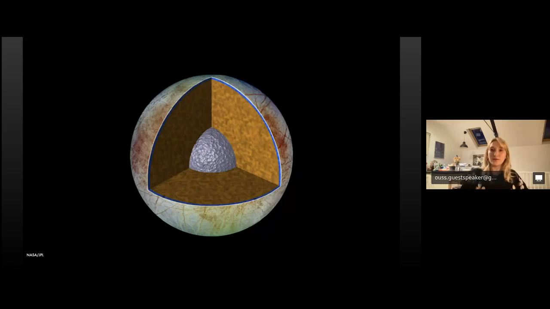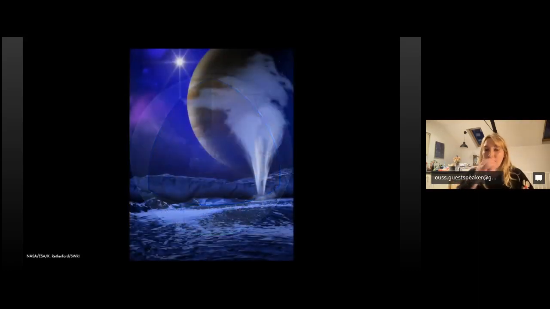So it's also possible, and this is fairly new, that Europa's ocean is actually leaking out into space. And this hasn't actually been observed by Galileo on its flybys, but more recent observations from the Hubble Space Telescope and also reanalysis of some of the data from Galileo suggest that there are plumes of ocean material which are being ejected up to 160 kilometers into space. And here you can see a bit of an artist's impression of ocean material being ejected. So this is important because it means if we're sending a flyby mission out there, there is the potential to